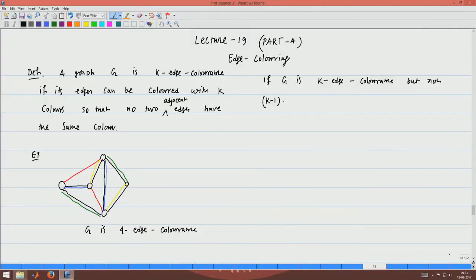If G is k edge colorable, but not k minus 1 edge colorable, then we say that the chromatic index of G, denoted by chi prime G, is equal to k.